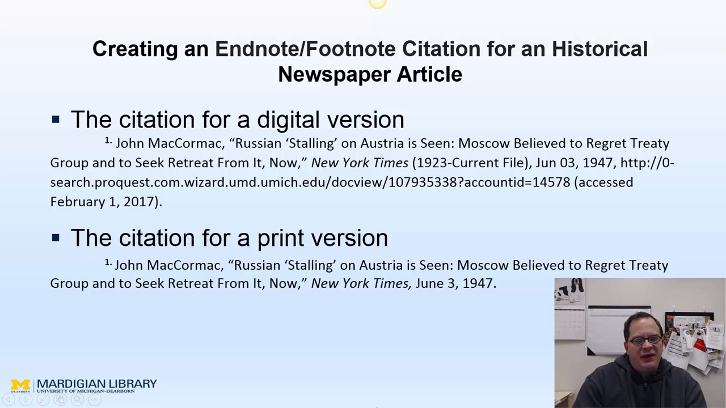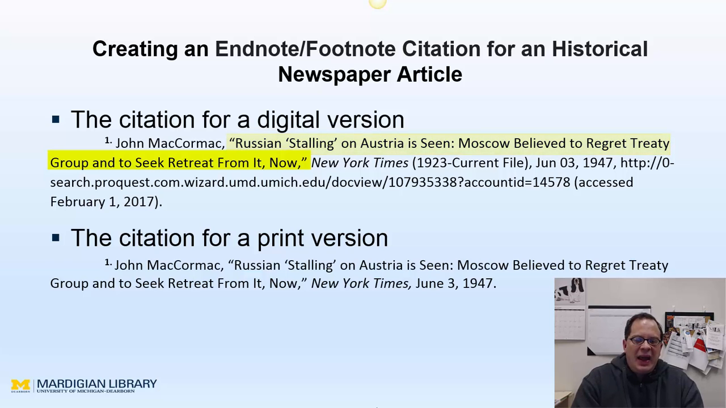Now, pulling all of this together and creating an endnote or footnote citation for an historical newspaper article, we start by, again, figuring out what note this is. So this is note 1 again. So we then indent, list the note number, superscript, and then we begin the citation with the author of the article, in this case John McCormick, and then we list the title in quotation marks, Russian Stalling on Austria is Seen, Moscow believed to regret treaty group and to seek retreat from it now, and then a comma,